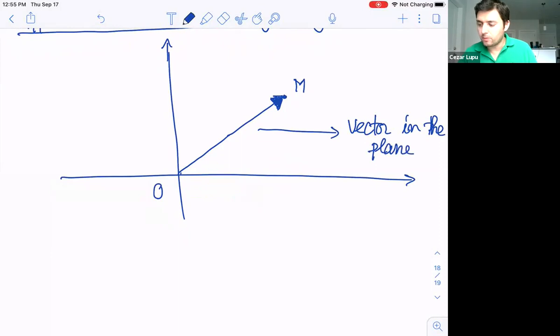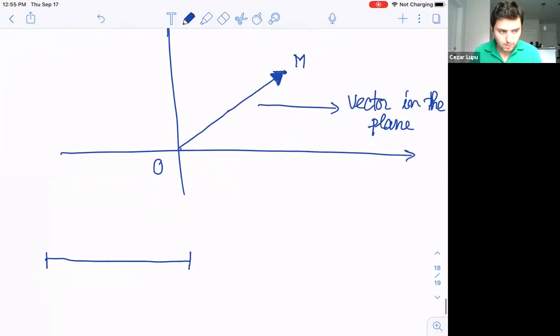And now, well, we can, for example, what if we have the following? So let's suppose I have a segment AB,